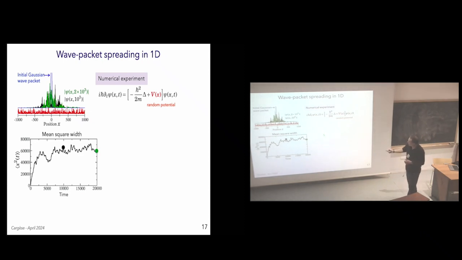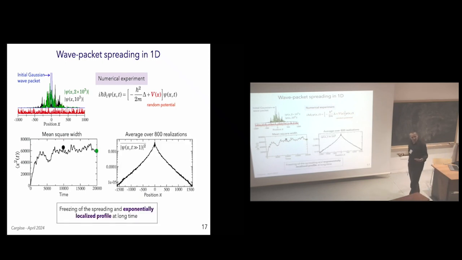And this is more evident here in this plot, which shows you the mean square width of the packet as a function of time. You see that it saturates at long time. So the data here are fluctuating, and this is because they correspond to a single realization of the disorder. But then if we average psi square over many disorder configurations, we get smooth results. Here you see the result for the density distribution of the packet at long enough time. It has this shape with beautiful exponential tails, okay, at a long time.